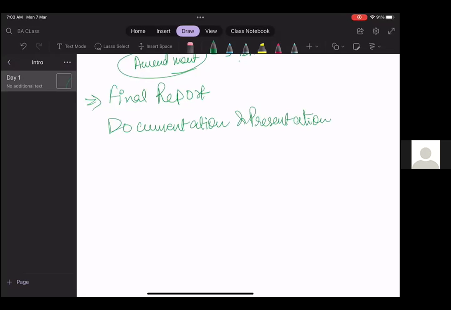So on completion of the business project, the BA has to document the project details and share the findings of the project with the client. So generally, business analysts have to prepare reports and present the project outcomes to business stakeholders or the client for a better understanding.